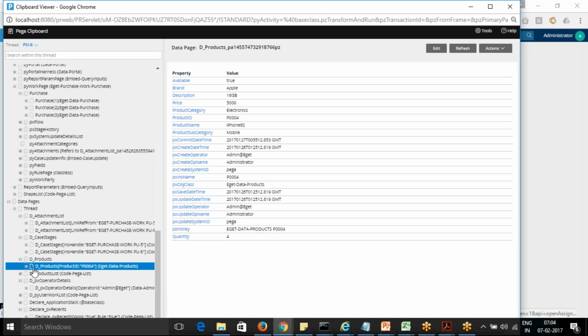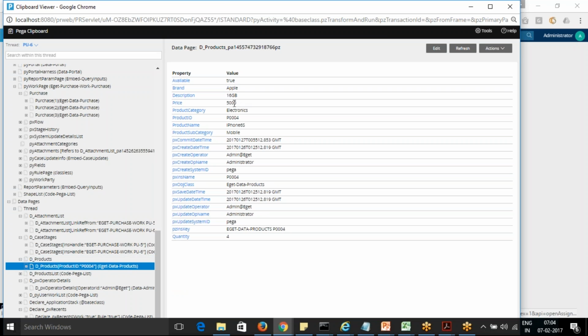That's why, if you see the syntax, D product ID, then I need to write the parameters in this way. That's the way I'm trying to retrieve the values. The same syntax I used, actually this is a single page, so I use the current parameter, the product P 1004, and try to get the values of it.